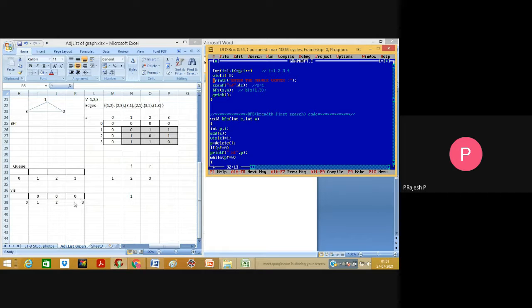According to this, let us check it out. Now I'm going to enter the source vertex. The source vertex that I'm going to enter is 1. So the function that we are going to call is BFS of 1, 3.